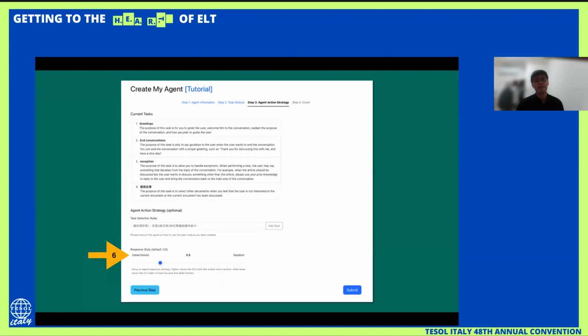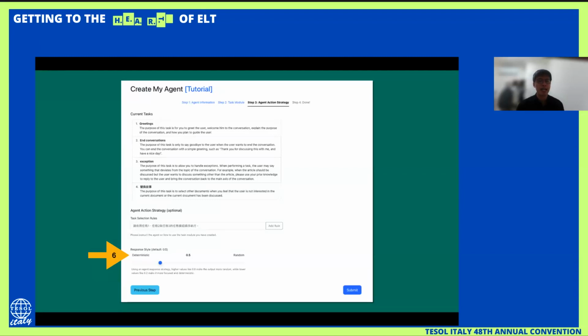Now we come to step 6 over here, as you can see, response style. Response style, what does that mean? It means the freedom that you want the chatbot to have to answer or give questions while the student inputs some of the materials in the chatbot.